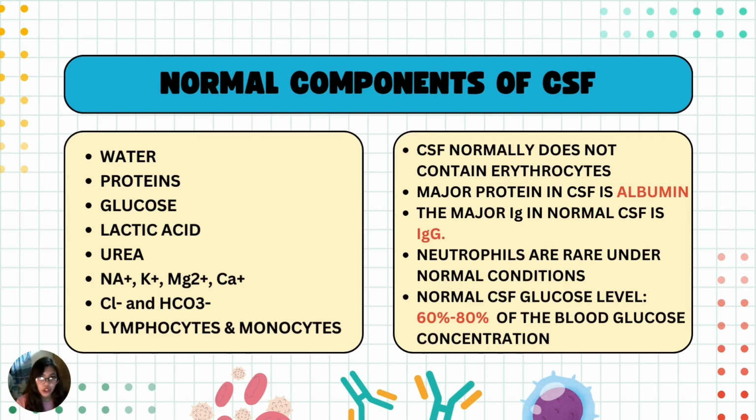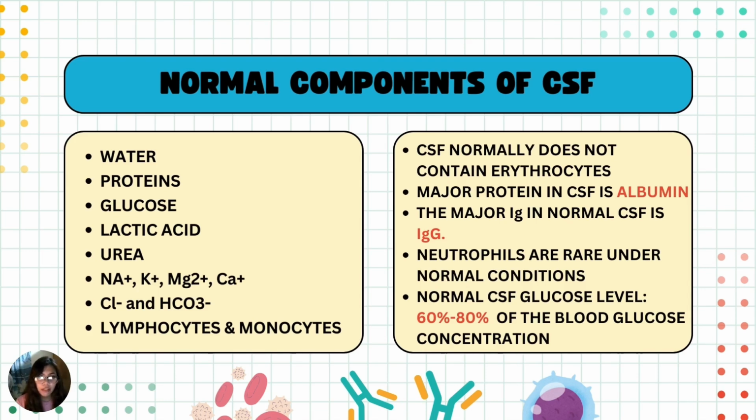We also have the magnesium, which is involved in the enzymatic processes and neuronal function. And for the calcium, it is involved in the neuronal signaling and muscle function. We also have chloride and bicarbonate, lymphocytes and monocytes. So lymphocytes, primarily the T cells, are present in the CSF to monitor for pathogens or abnormal cells. They play a role in recognizing and responding to infections such as viruses, bacteria, or fungi that might invade the